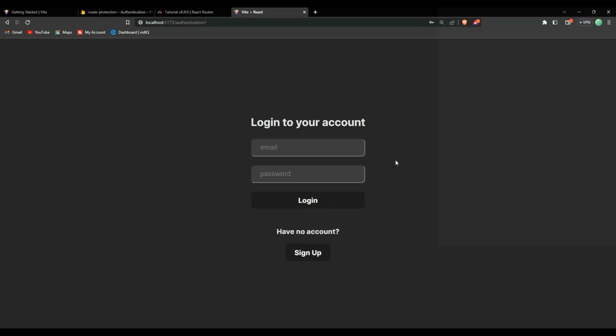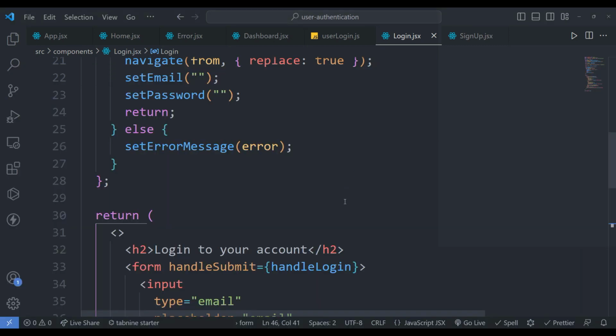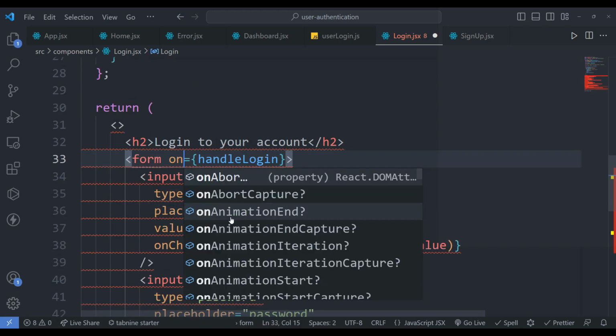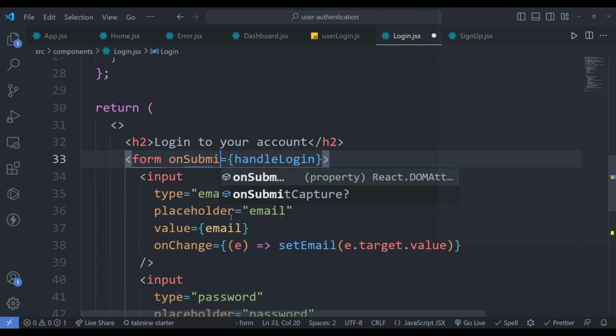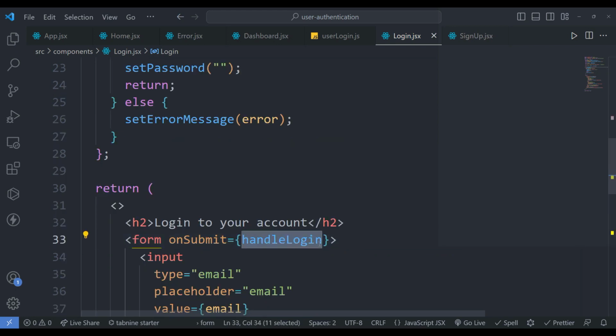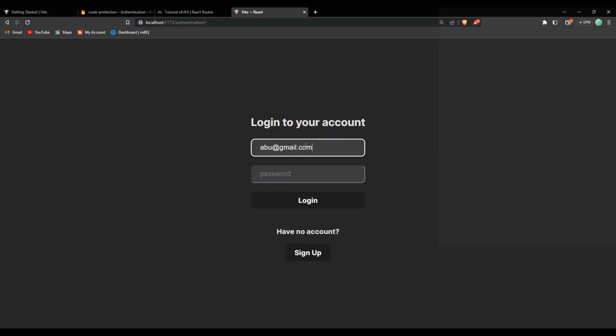So when I log in, back to the editor, something is not happening here. It's telling me React does not handle submit, and okay, let's go back and see. Look at the form. It's not handle submit, it's on submit. My apologies there. So this on submit is going to execute this handle login function. So let's try that again. Back to the browser and paste that in, and mine 1234 and log in, and we have